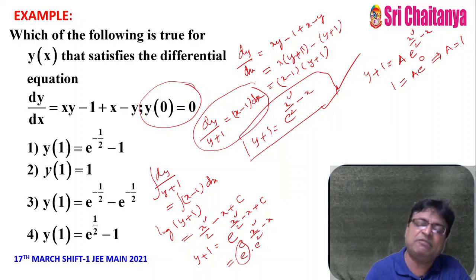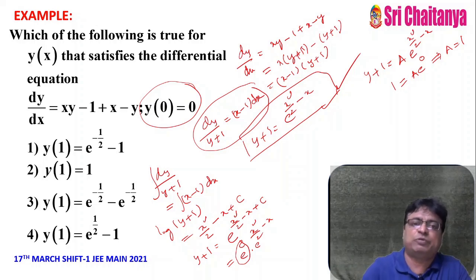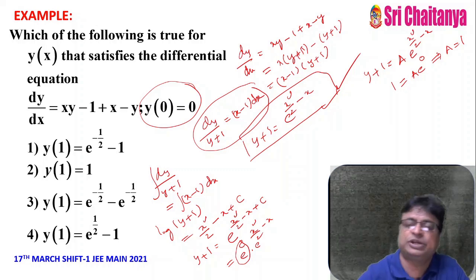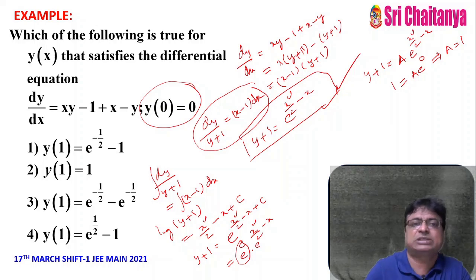For this kind of initial value and boundary value problems, one should get the unique answer. No other answer, nobody will get 2 to 3 different answers. That is why they are mainly concentrating like this.